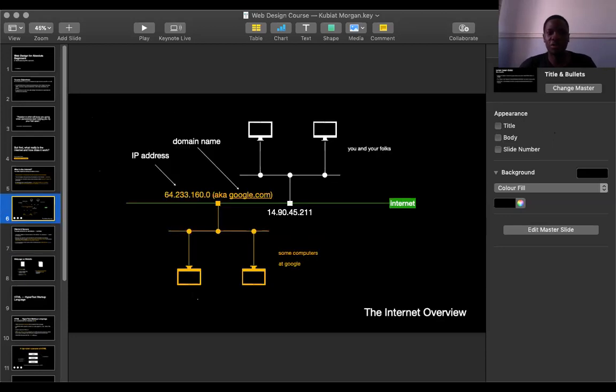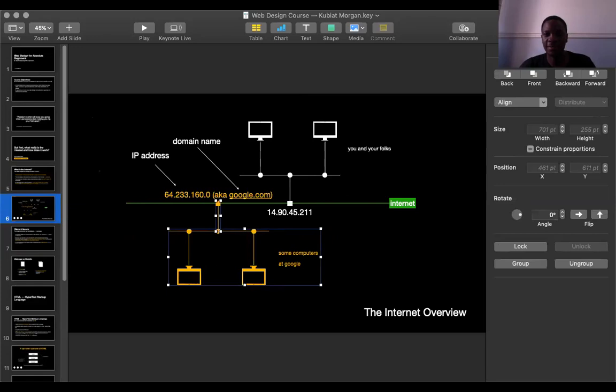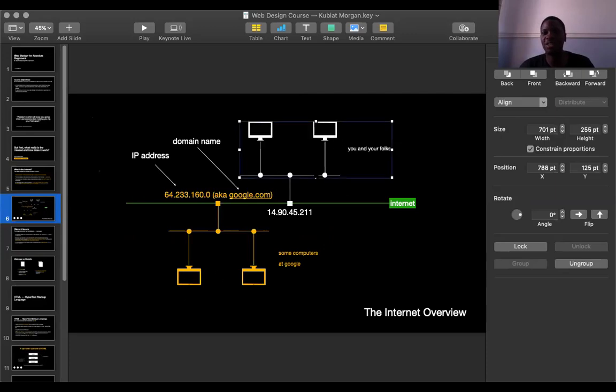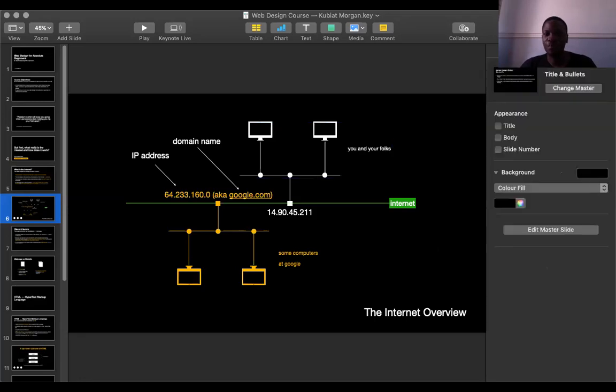If we go back to this diagram of the internet, we can see that Google servers, or Google computer systems, are acting as servers, while you, requesting information from Google, are acting as the client. So that is the top level.